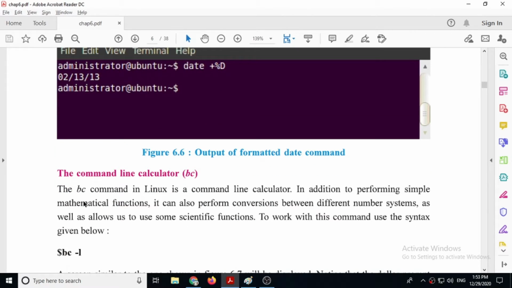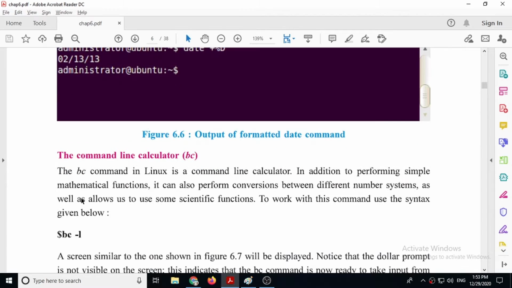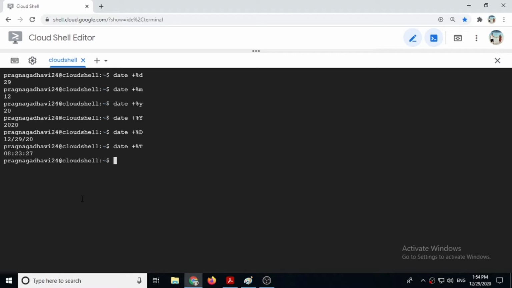Well, the next command is the bc command. bc means basic calculator. So here using bc you can start a command line calculator. Remember the words, you can start a command line calculator. It means no graphical view, you can just write the numbers and do the calculations. So this way the bc command works, but unfortunately here the bc command will not work. If you give bc, then it will show you command not found.